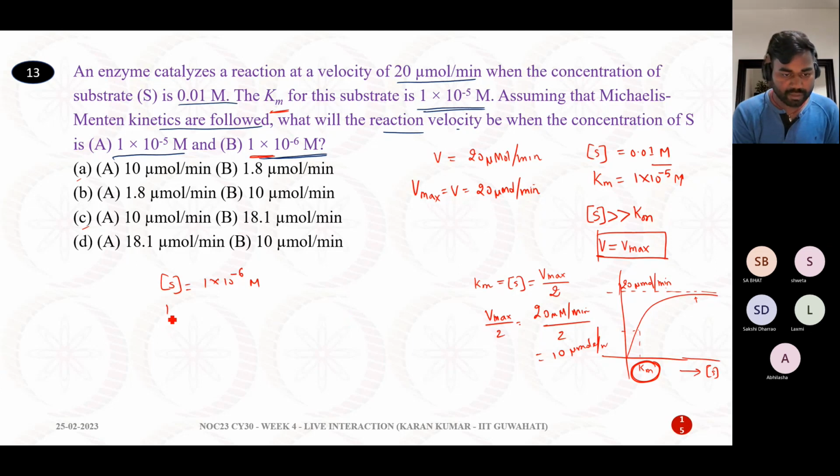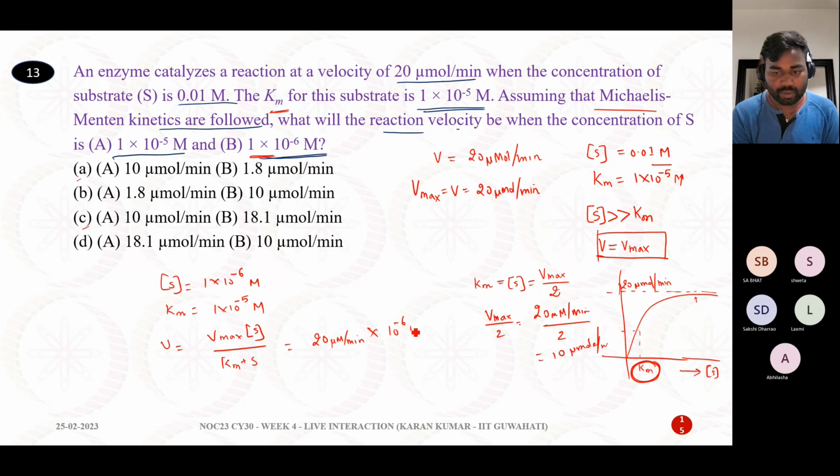Okay. And your Km is given as 1 into 10 raised to power minus 5 molar. So your initial velocity of the reaction will be V is equal to Vmax into S divided by Km plus S by the expression of Michaelis-Menten kinetics. As it is in the question itself, they are saying the Michaelis-Menten kinetics are followed. So Vmax into 20 micromole per minute into your substrate concentration is given as 10 raised to minus 6 molar